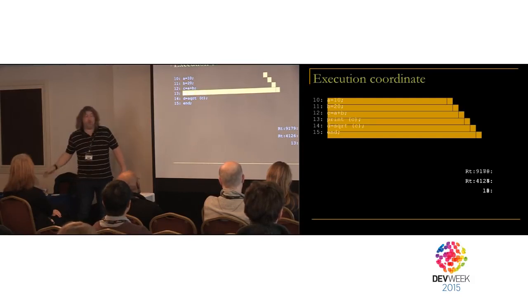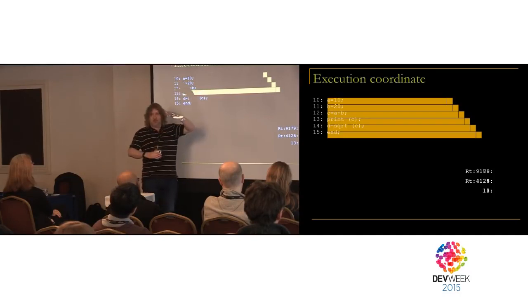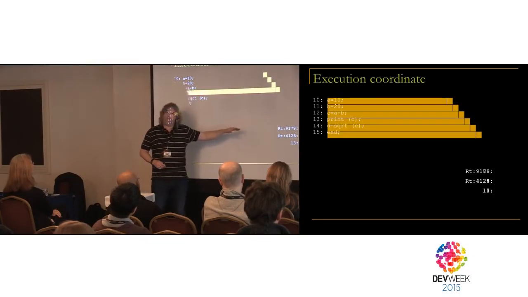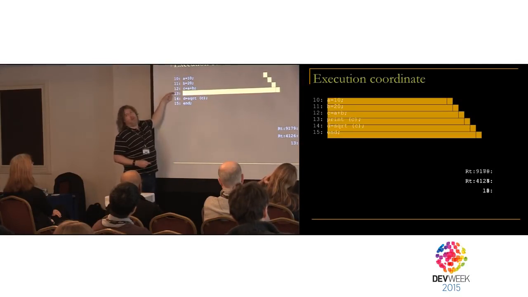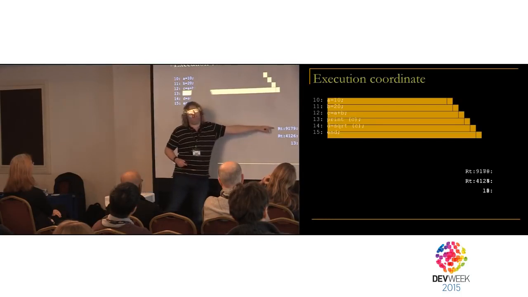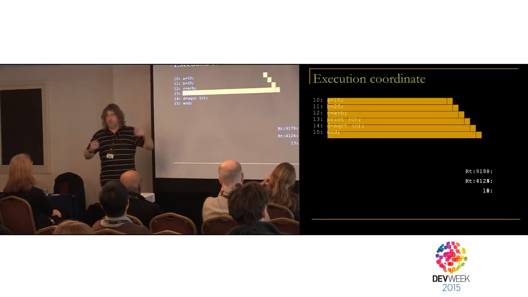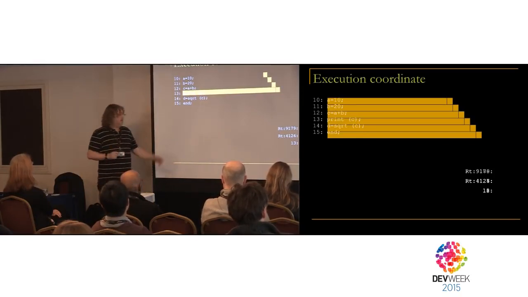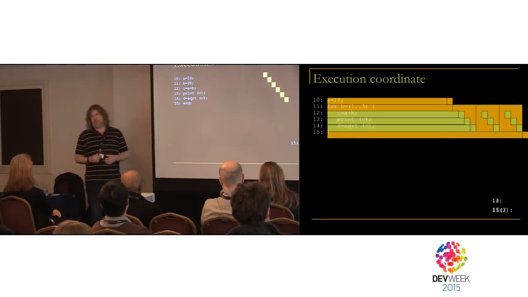But this was part of Dijkstra's idea of an execution coordinate. This is what you need. It's not just one number, it's this tuple of numbers which says not just where you are, but it tells you the history up to that point. It tells you how you got there. We don't care about the history along here, because the only way to get to line 13 is through the intermediate lines. But we do care how we got to this point, because we can get to that point through lots of different paths. So the execution coordinate involves that whole tuple. Does that make sense? As I say, this is not anything new. This is not anything that you haven't already seen before. This is what all of your debuggers give you.